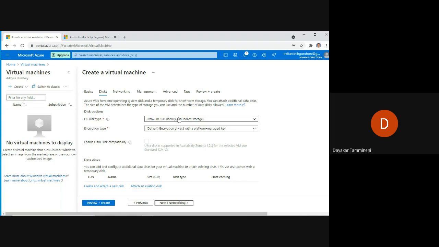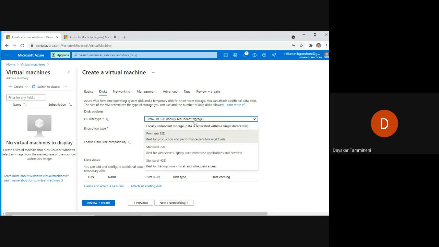So what type of disk is it? Here you can see that it is represented as Premium SSD. What is meant by SSD? Secondary storage device? No. SSD means solid state drive, which is an advanced technology compared to the HDD.